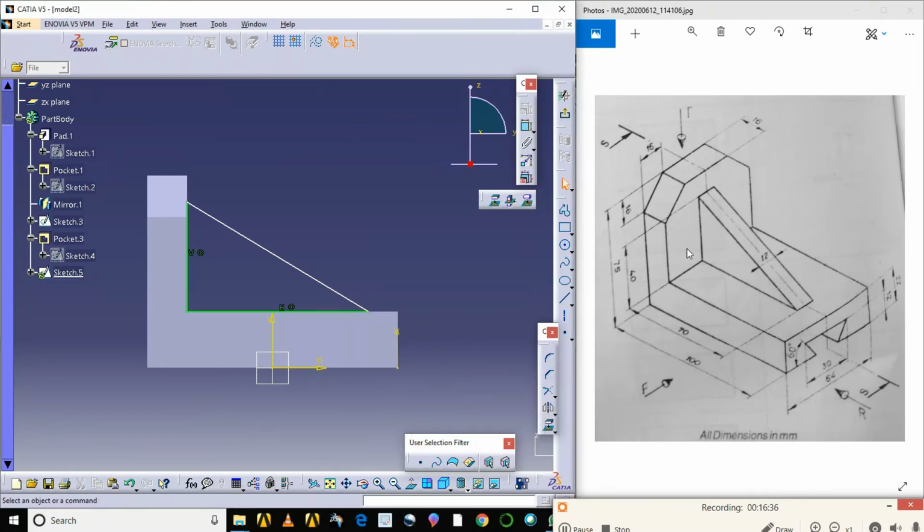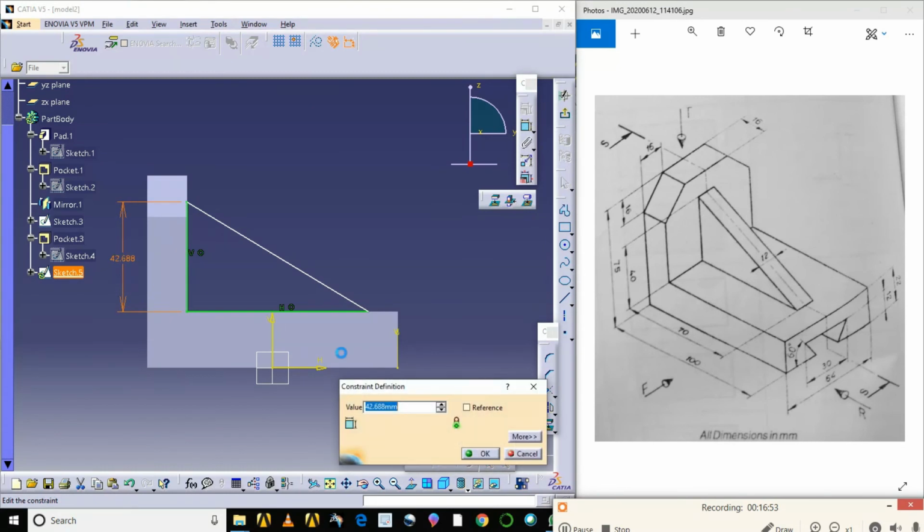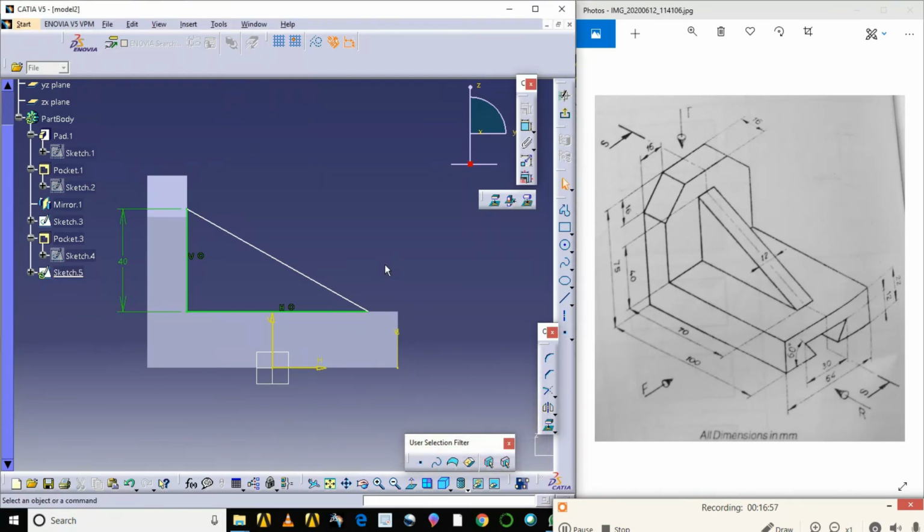Next one is telling that the height of this is how much? 40 here. So the height of this is 40. So give the dimension for this. Similarly, you give the distance of this point from this edge.